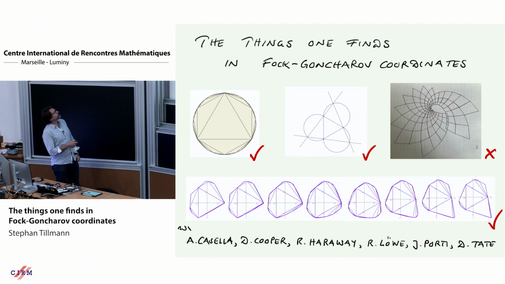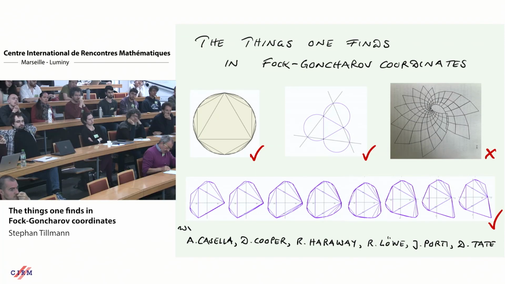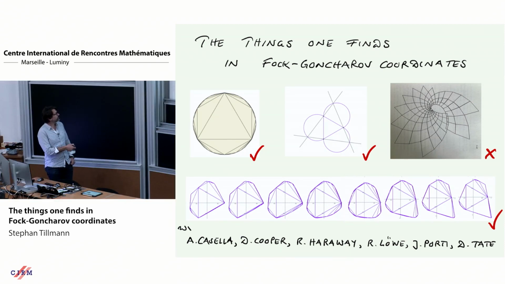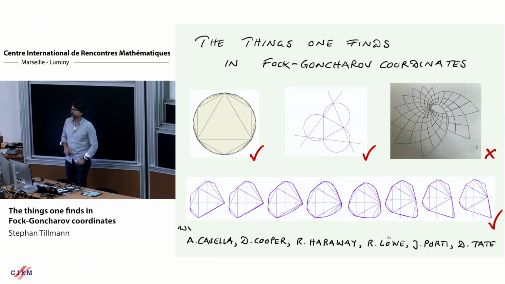So what I want to talk about is the things one finds in Fock-Goncharov coordinates. And I'll be touching on work with a bunch of people. So Alex Casella and Dominic Tate, with students at the University of Sydney with me. Robert Haraway was a postdoc there. Robert Löwe was a postdoc or a student. He joined me as a student from Berlin. And of course, my long-term collaborators, Daryl Cooper and Jean Porty, with whom I love talking about projective geometry. Okay, so without further ado,